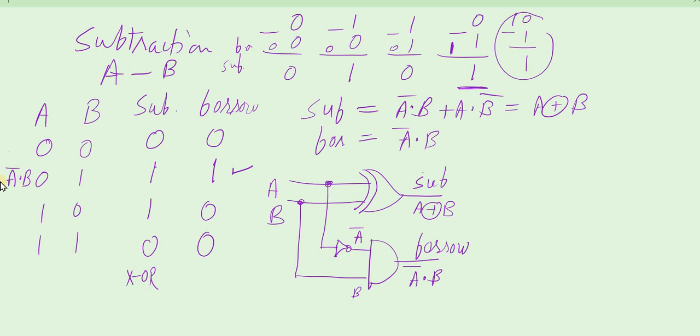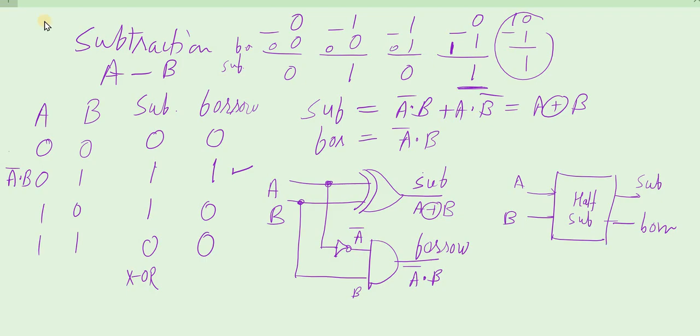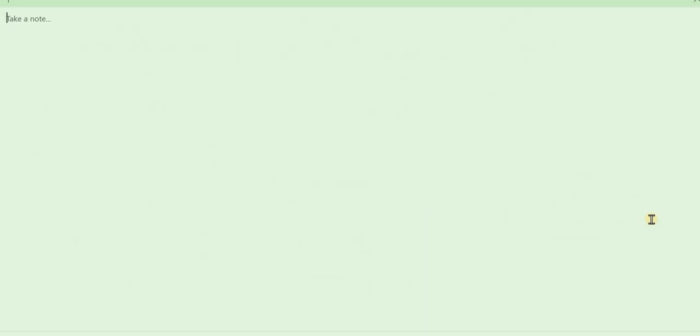So this forms the half subtractor. Half subtractor has inputs A and B, and it has outputs: the subtraction output and the borrow output. Now these two methods of addition and subtraction were for single bit, but practically multi-bit additions and multi-bit subtractions are done. So when multi-bit addition is there, for example, let us consider